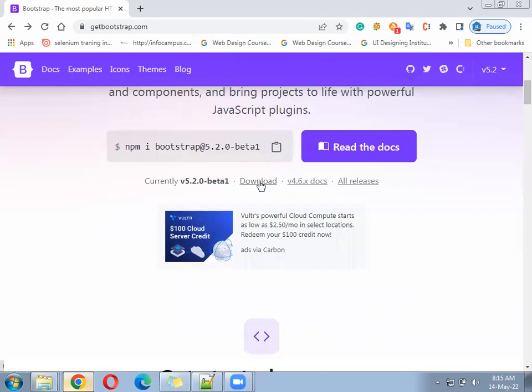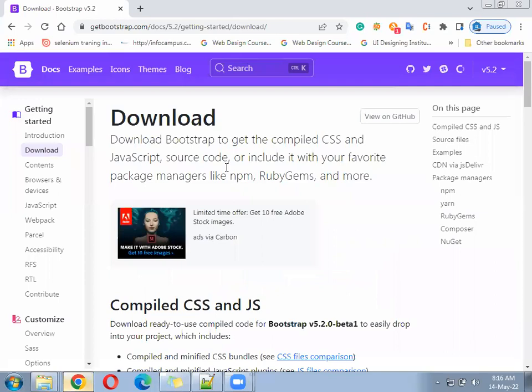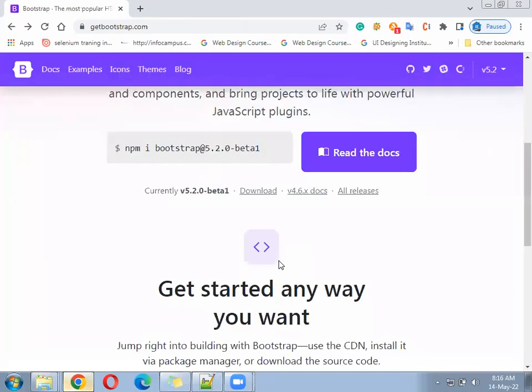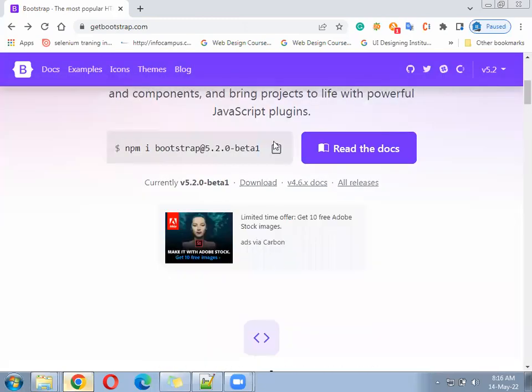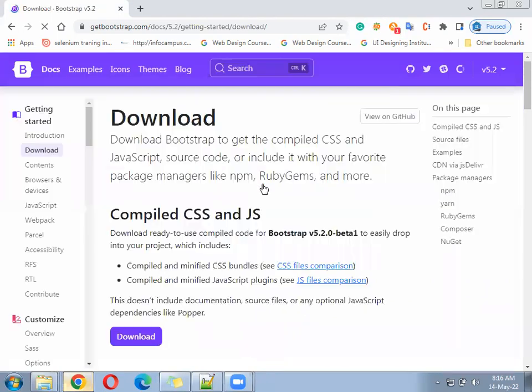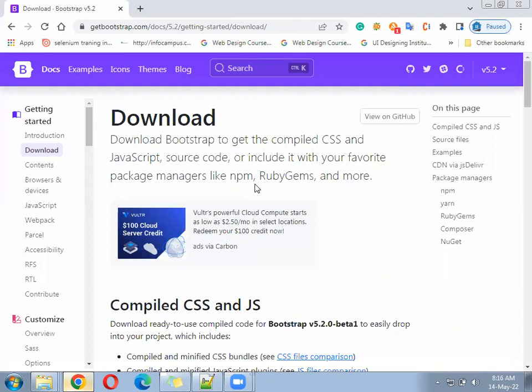Download link. Bootstrap.com. On the home page only, there is a link called download. Right? Hope you saw the link download. Click on that download link. After downloading,